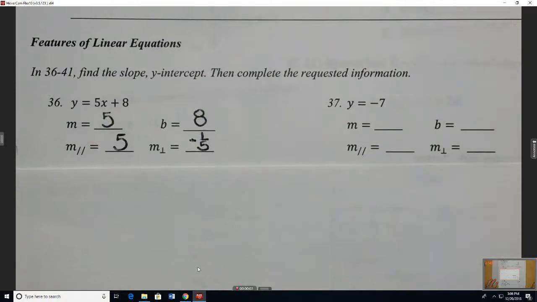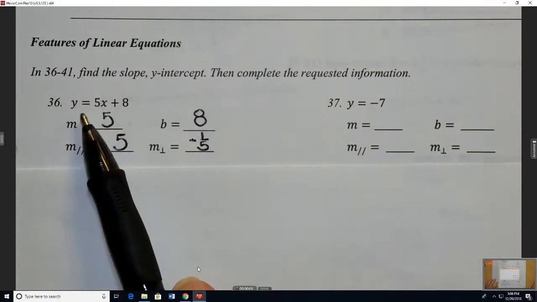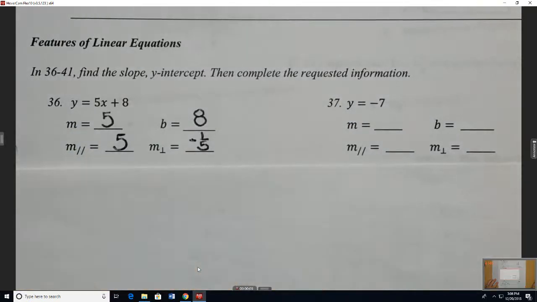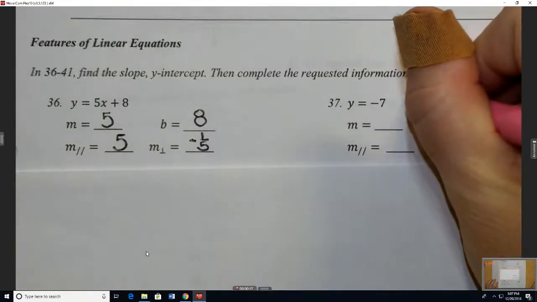So in our last example, number 36, we looked at an equation that was already in slope-intercept form. In number 37, this is also in slope-intercept form, but in this particular problem, it's also a special case. Remember we talked about HOY and VUX. So this is the equation